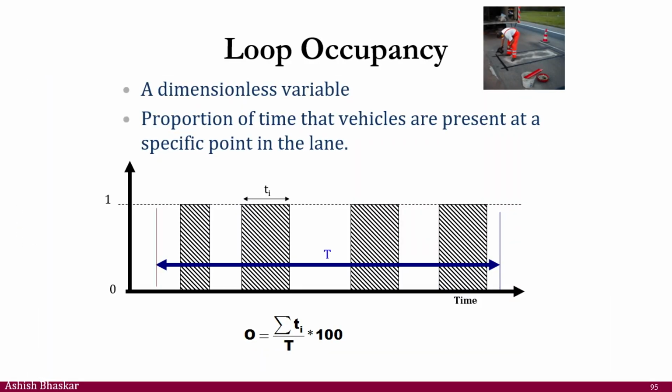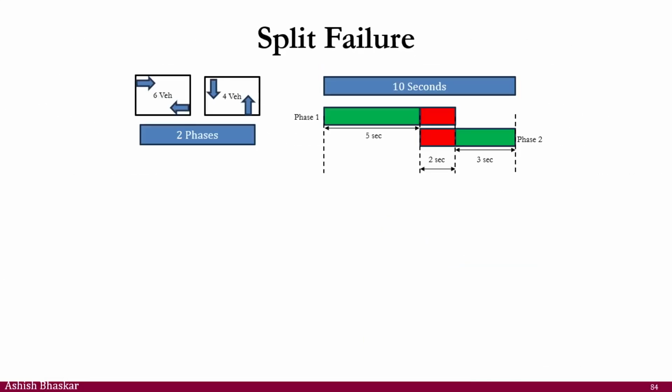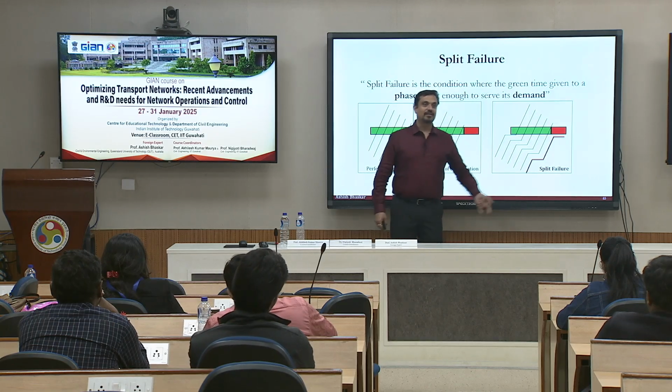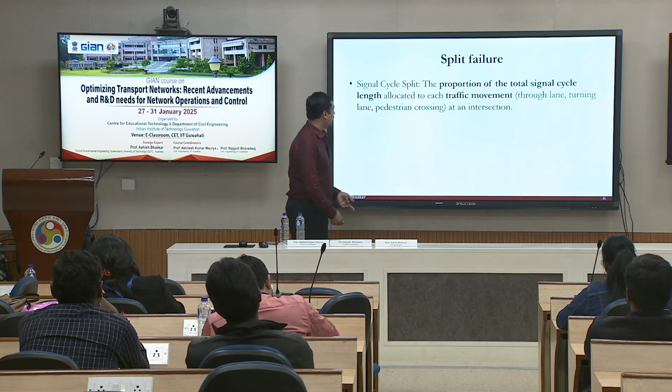Now, we discussed the split failure thing. If I go back to the split failure concept, just to revise it: vehicles are having a good green flow, but they are stopping twice and they might be hitting the red. If they are stopping twice, then they will be hitting the red in the early time periods of red, right. And we said, okay, if I have a